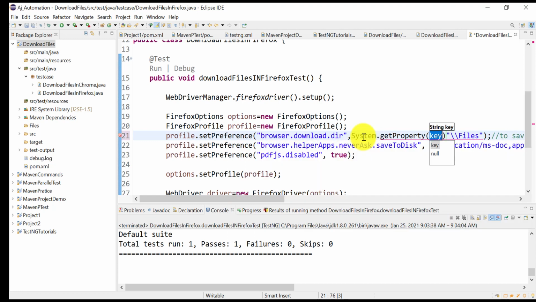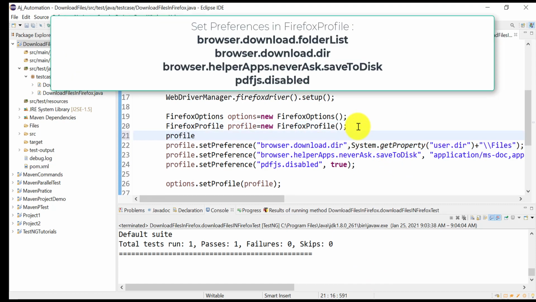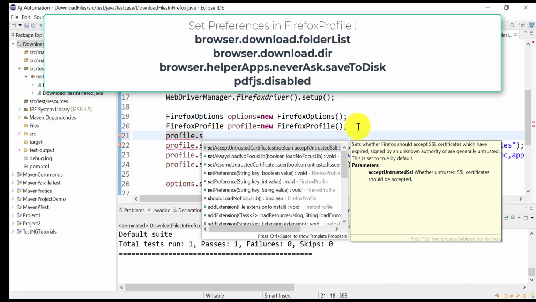We will get the default user directory, user.dir. So here we will get the workspace value where this download files project is available. Once we get to the project level, we need to go to the files folder. This change we have done. And there is another preference we need to set, profile.set_preference.